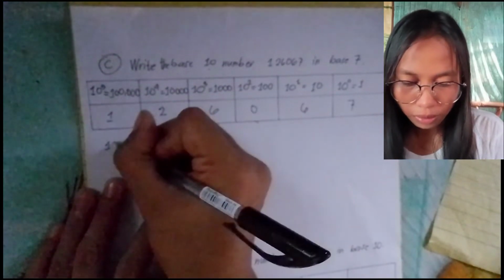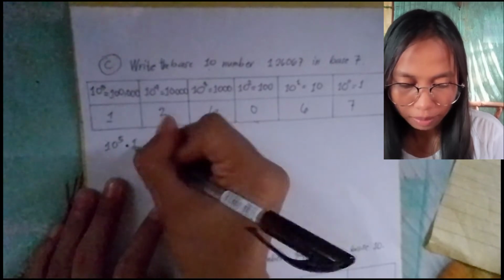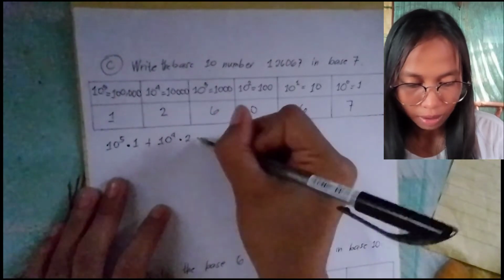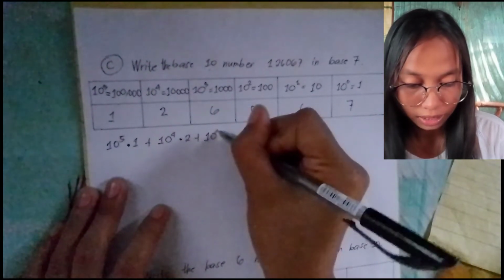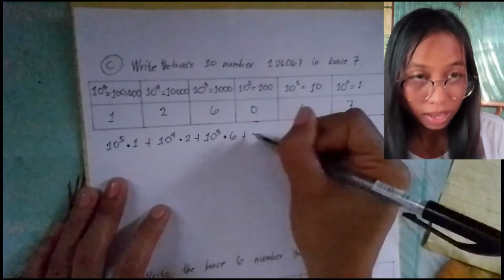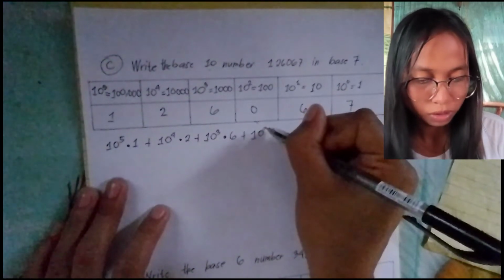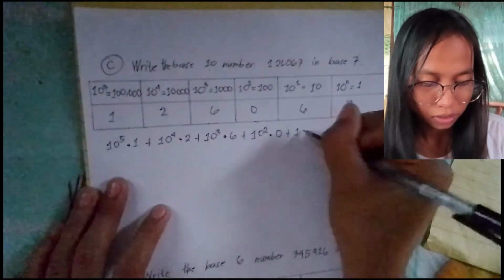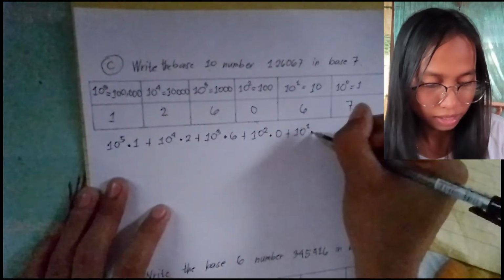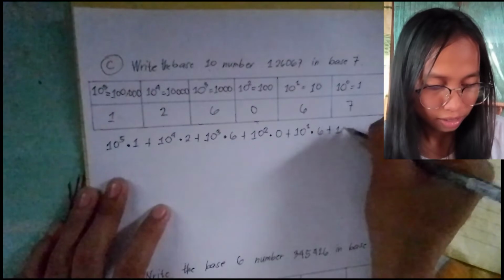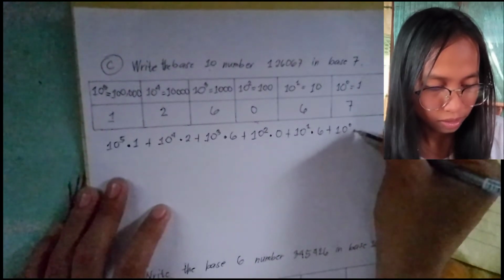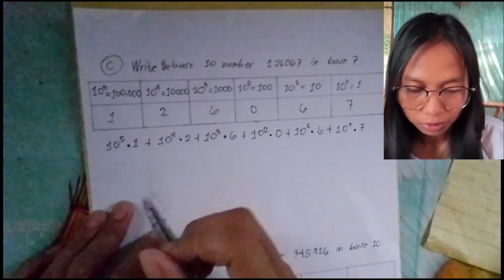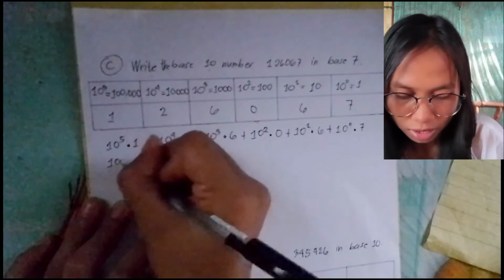10 raised to the power of 5 times 1 plus 10 raised to the power of 4 times 2 plus 10 raised to the power of 3 times 6 plus 10 squared times 0 plus 10 raised to the power of 1 times 6 and 10 raised to the power of 0 times 7. So simplify. The value of 10 raised to the power of 5 is 100,000